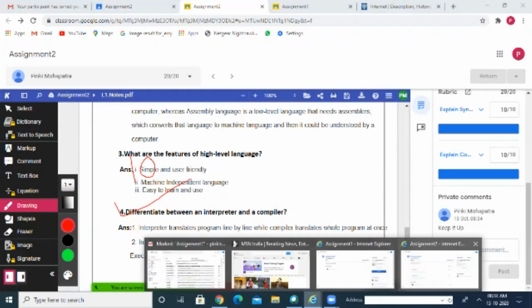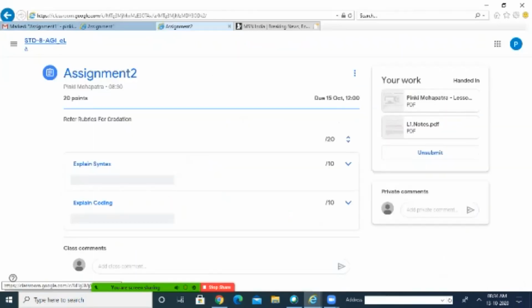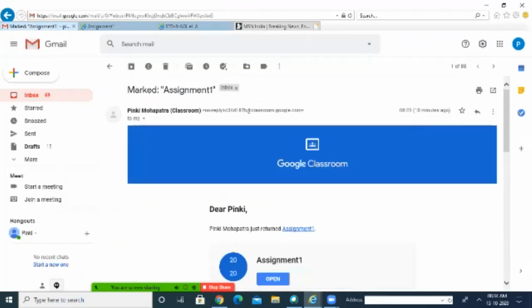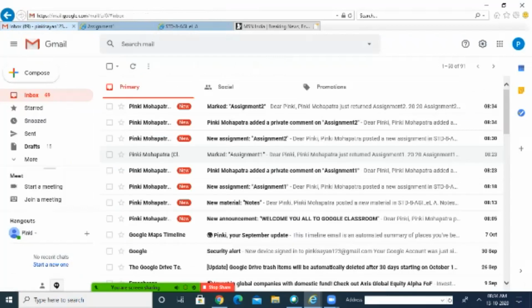Here I am going back to the students window and I can see the mark I have got. Here also you will get the notification in your email ID. Here you can see marked assignment. My assignment 2 has been marked, so I got the notification.